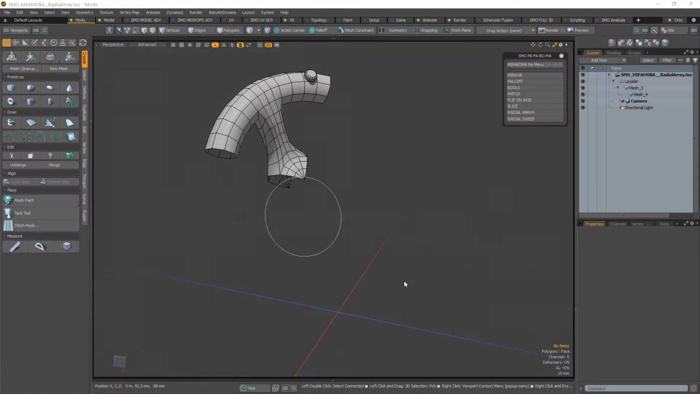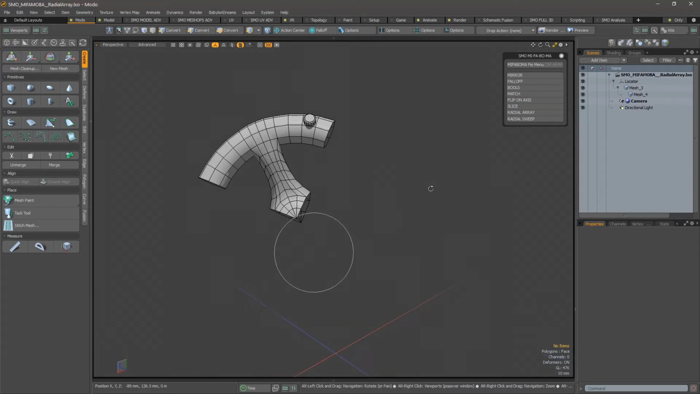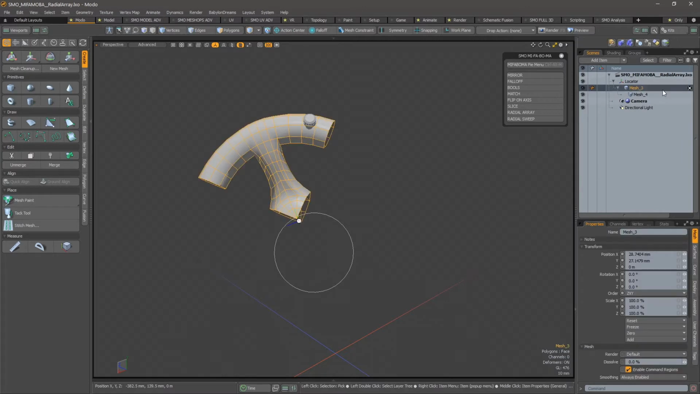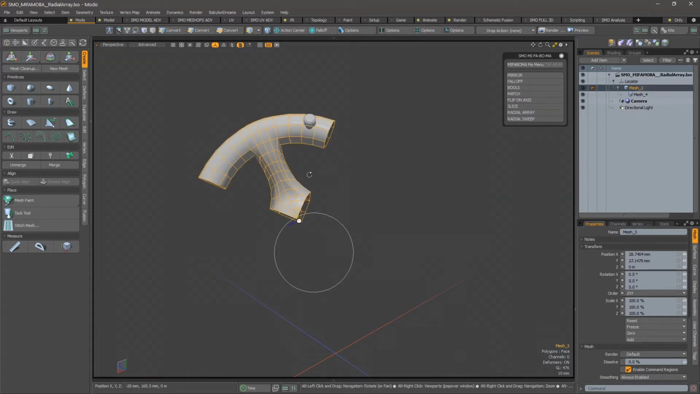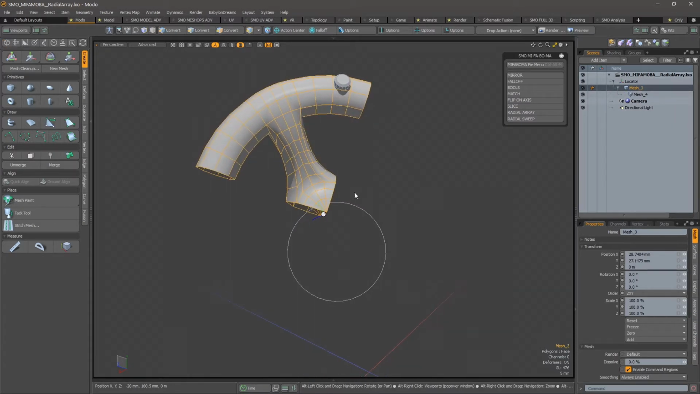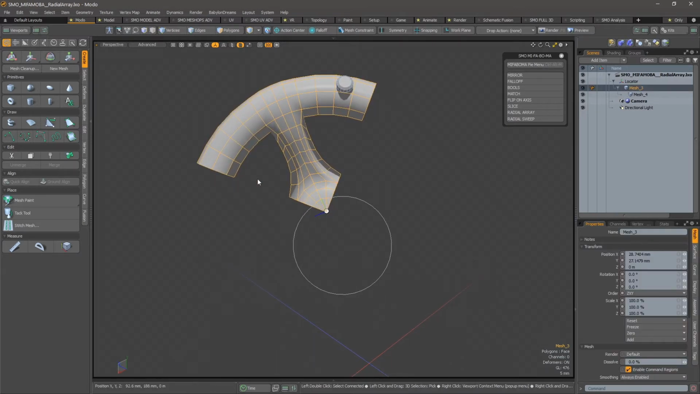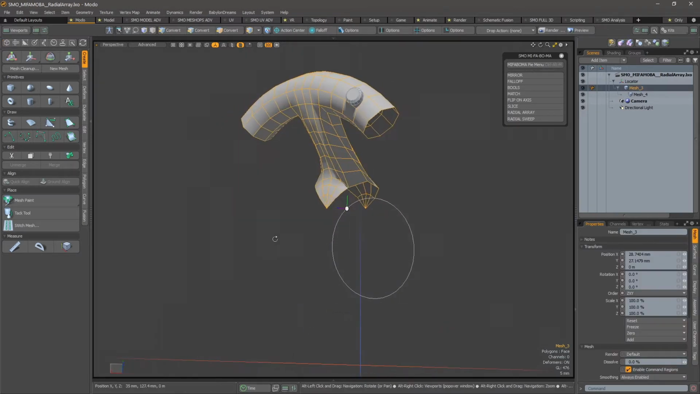Okay, so we'll talk about the radial array this time. For instance, here I have a setup with a locator, and inside it I have this mesh as a child, and we have also another child linked to this item. So if, for instance, here we have 90 degrees on this element, and we have this center position in between